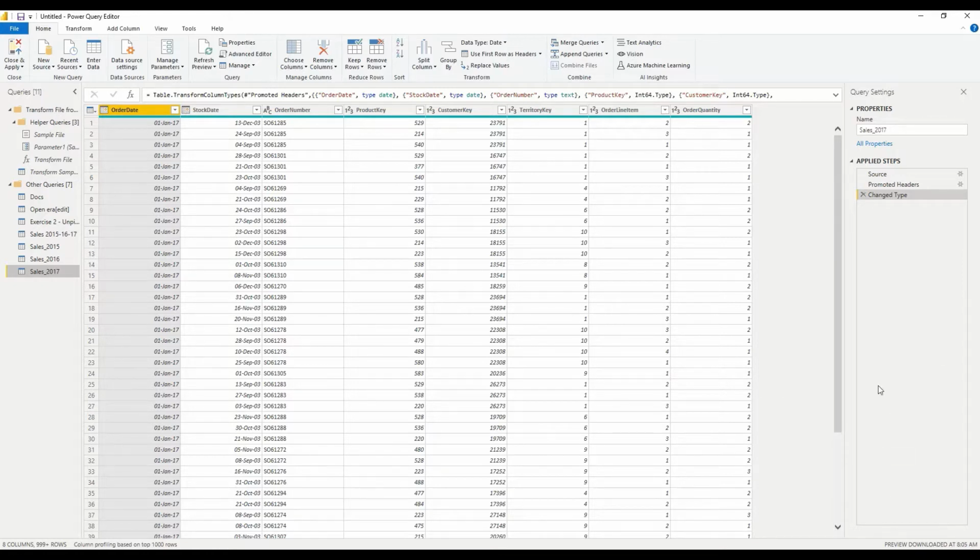Okay. So the ability to combine queries is powerful in Power BI because it allows you to append or merge different tables or queries together. You can combine the tables in different ways, merging and appending. Okay, here let us see about appending queries first. Here in this example, we have three different year-wise sales for 2015, 2016, and 2017 in three different tables. Okay, so here we want to learn about appending these three tables into